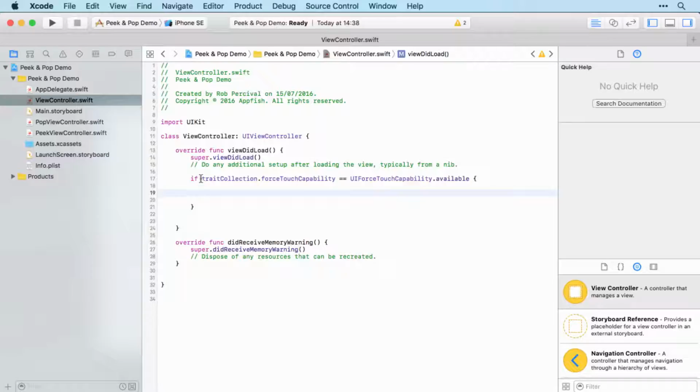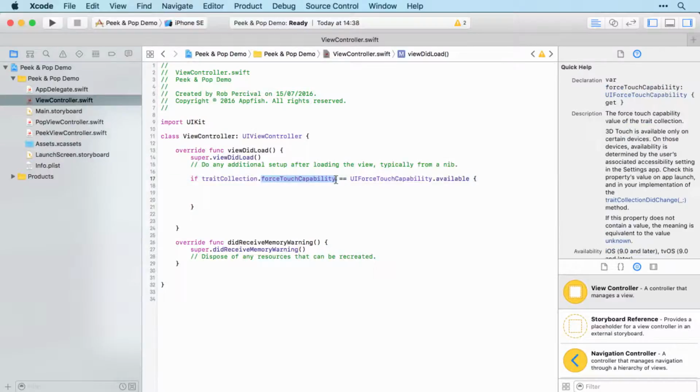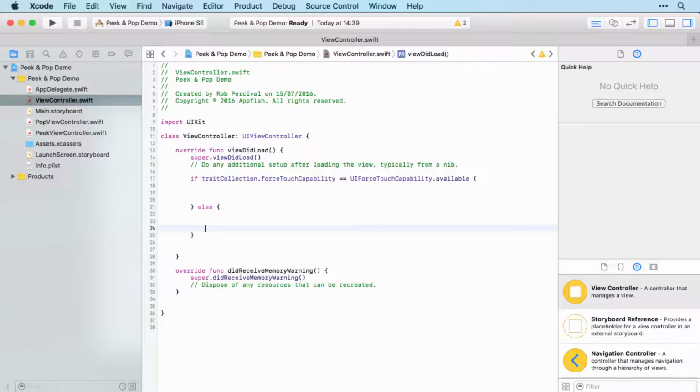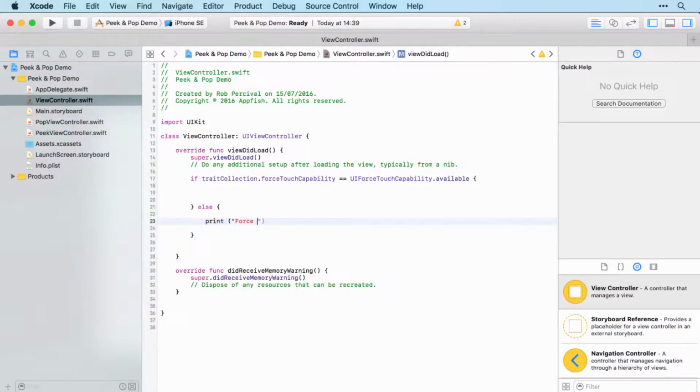So a trait collection is an object that gives us access to some of the features of the device, in this case force touch capability. So if that's not true, then we won't be able to do whatever it is that we were planning to do. So we'll just print force touch not